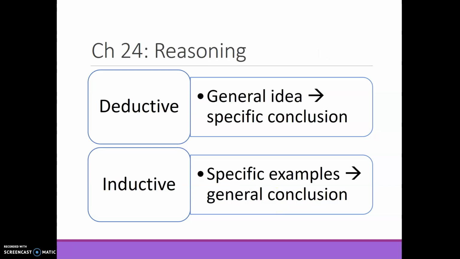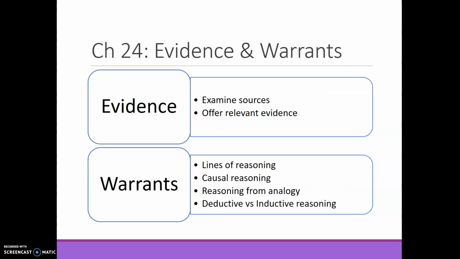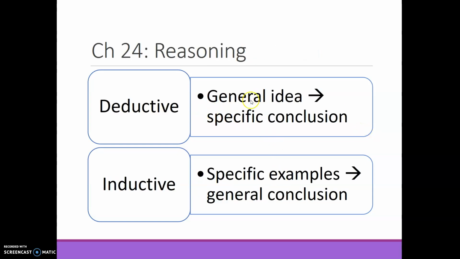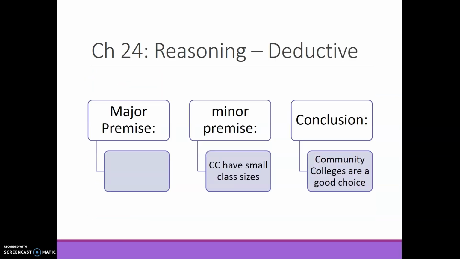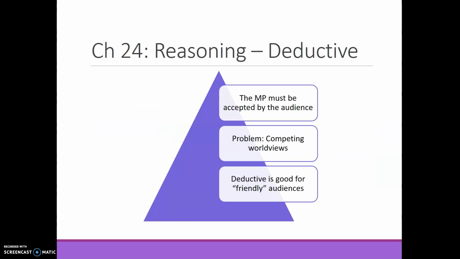So let's just talk about the other ones. So lines of reasoning and causal reasoning, and then reasoning from analogy, and then there's the deductive versus inductive. But remember, deductive is your general idea that leads to a specific conclusion, and inductive is your specific example that leads to a general conclusion. But again, you talked about that last week, so I'm going to skip through a lot of these so that